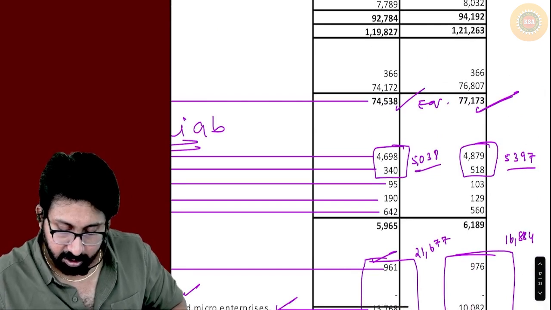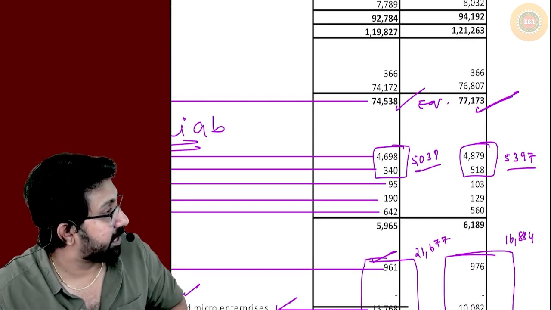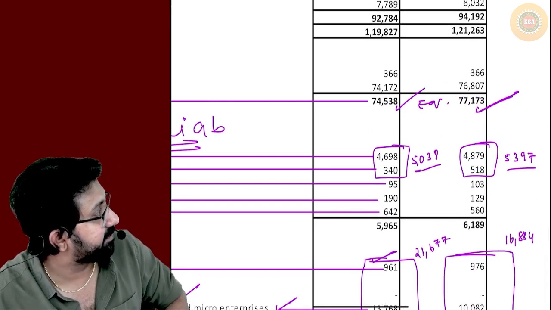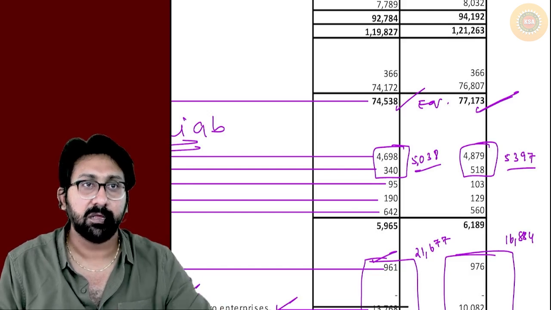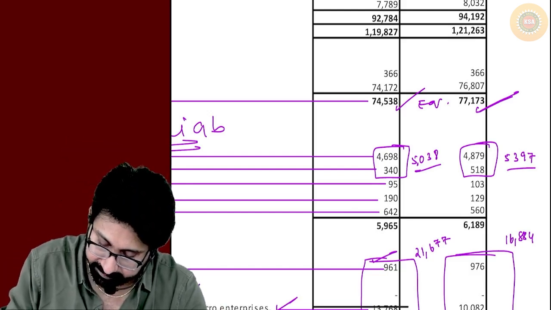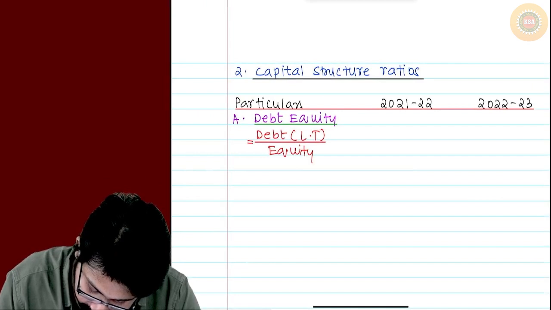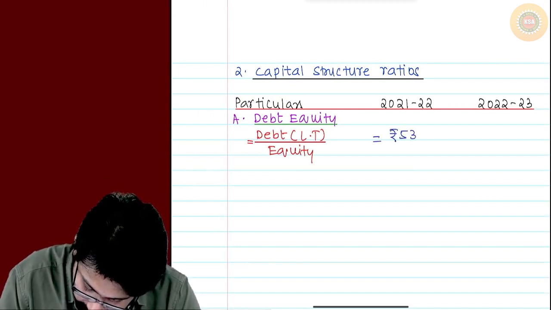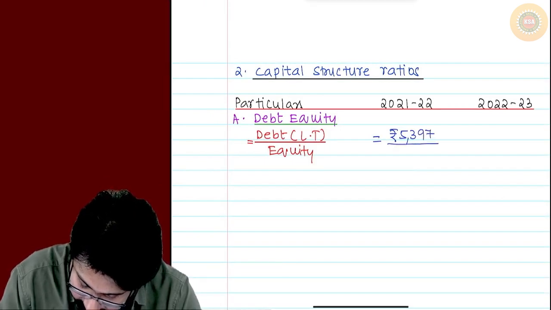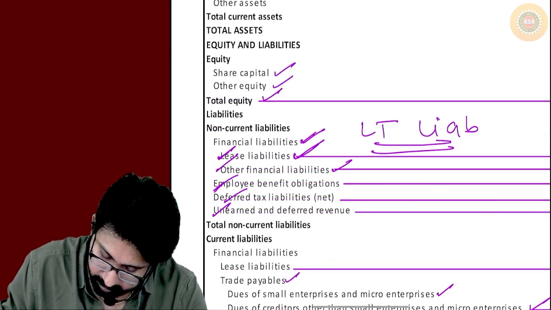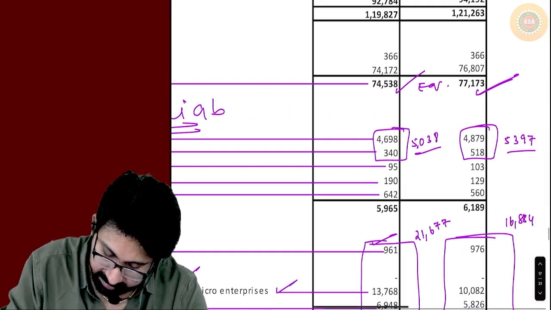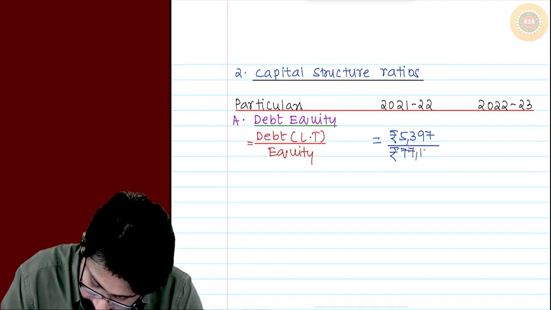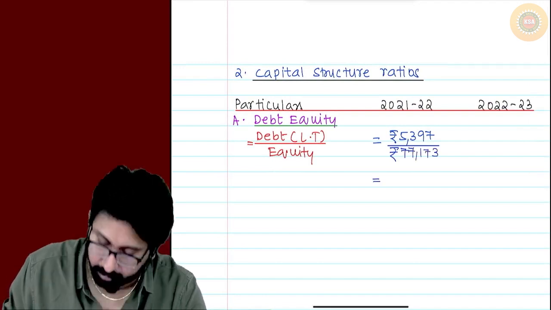Long term debt. 5397 divided by 77,173. Shall we do that? Write down, 5397 divided by 77,173 equal to, tell me,